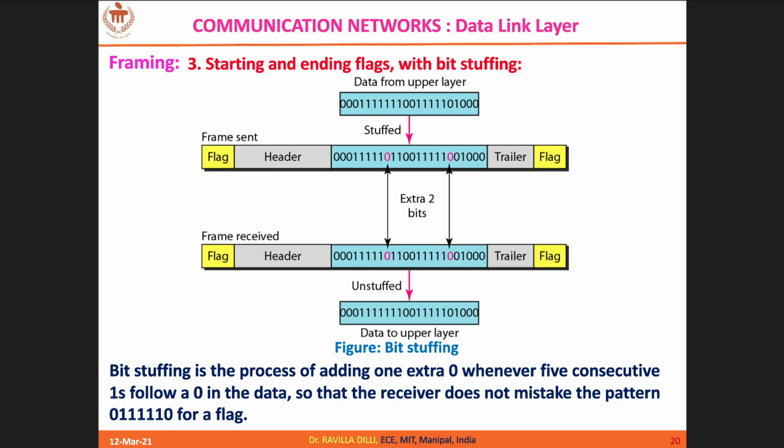So does everyone agree with this? When the user data is 05101, after bit stuffing the answer is 0, 5 ones, 0, 0, 1. After continuous 5 ones, we are stuffing an extra 0, and at the receiver you have to destuff it. Okay, the next pattern that I'm giving is 06101. 06101.